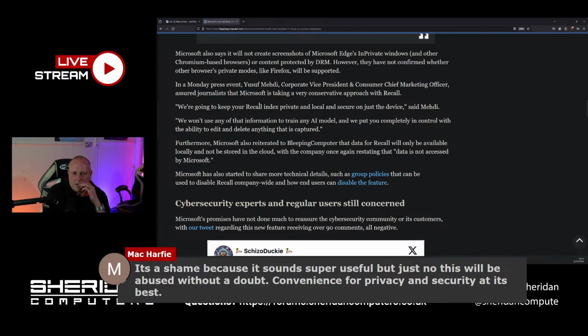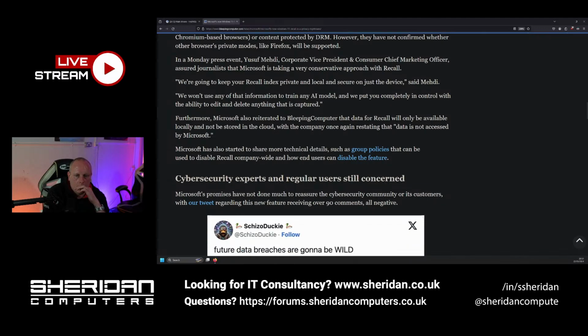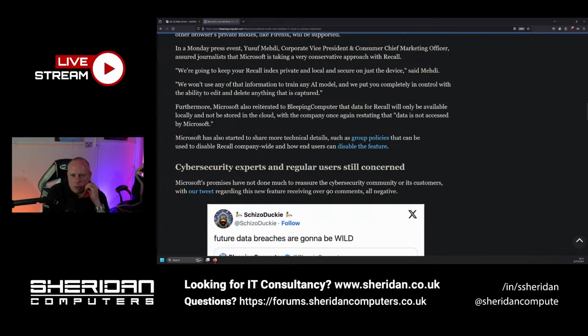On Monday, in a press event, Yusuf Mehdi, Corporate Vice President and Consumer Chief Marketing Officer, assured journalists that Microsoft is taking a very conservative approach with Recall. Sounds like it. We're going to keep your Recall index private and local and secure and just on the device. But they've already said if the device is open and unlocked, you can access the screenshots. Yeah, that's just